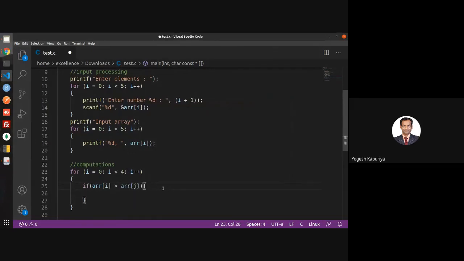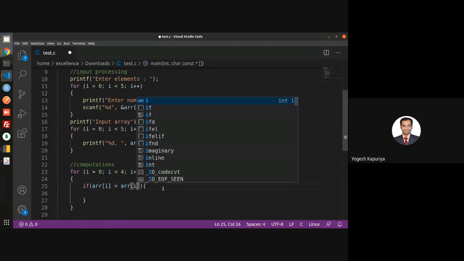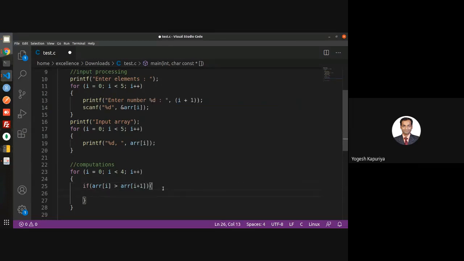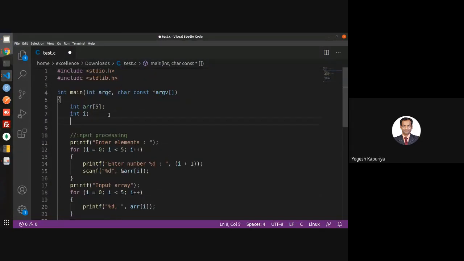That means the number on the left, j is not j, but it is i plus 1. That means the first number is 0 and then 1. So 0 and 1. If the number on the left is greater than the number on the right, then you want to swap them. For that you require another variable.